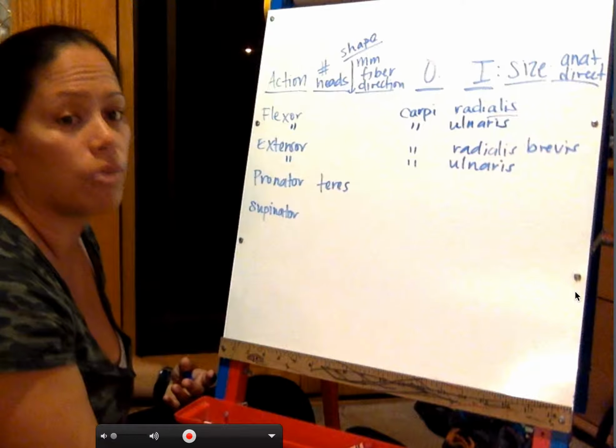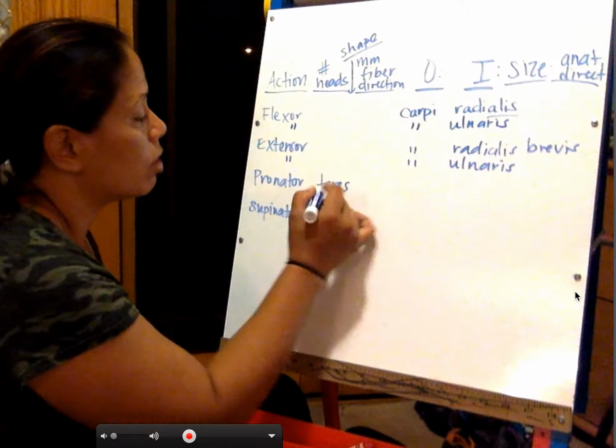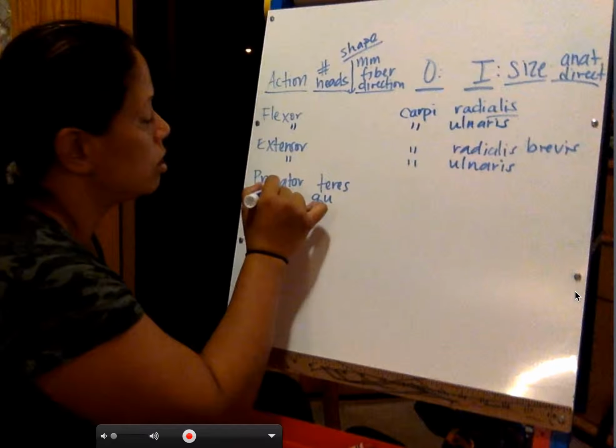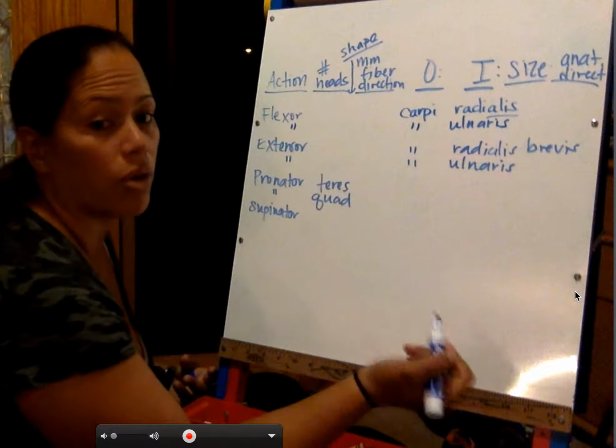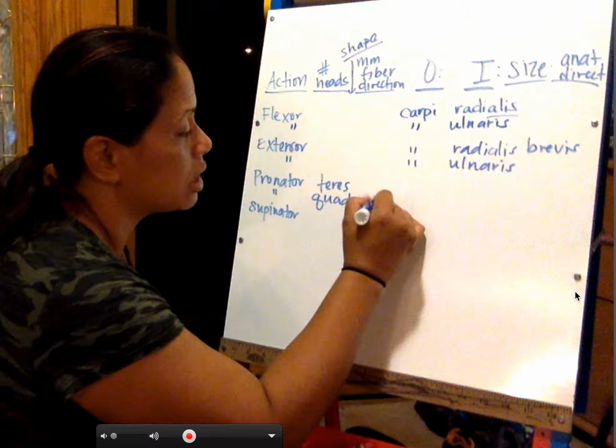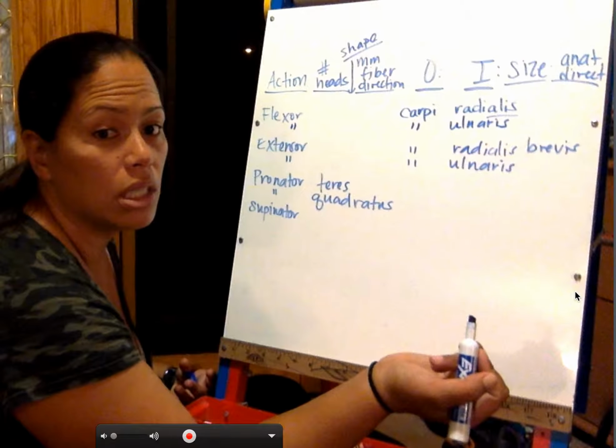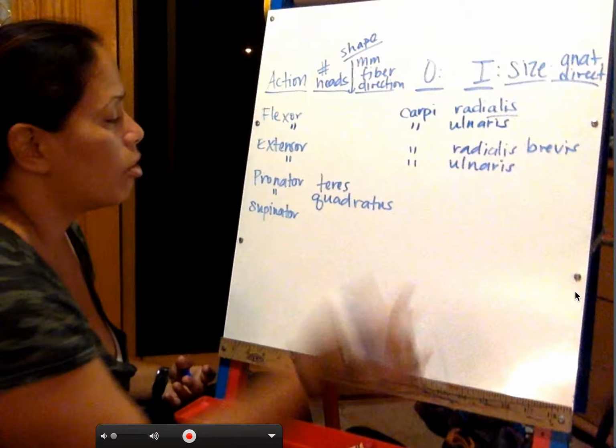I have another one that's four-sided. So I call it pronator quad. Quad as in four. Dratus as in four-sided. So pronator quadratus. Oh my goodness. And then